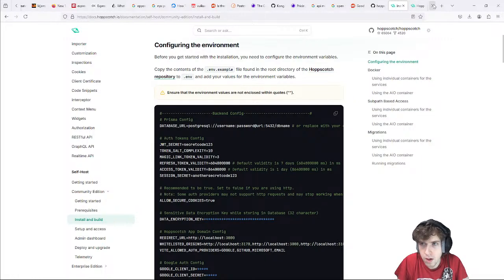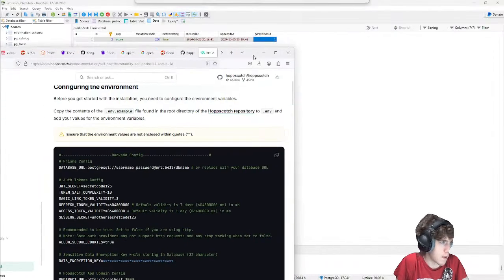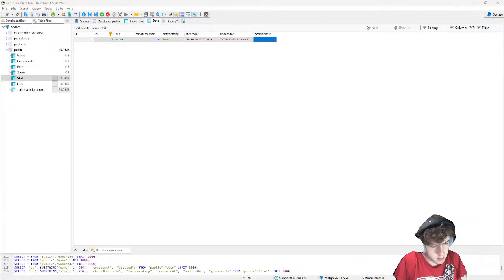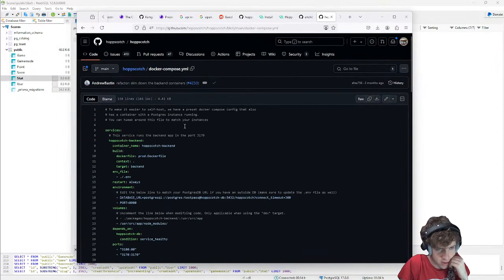Okay. Somebody has to have made a compose file for this. Hopscotch Docker compose file. Oh, nice. Preset Docker compose file.